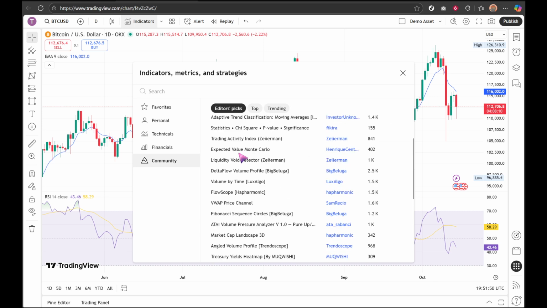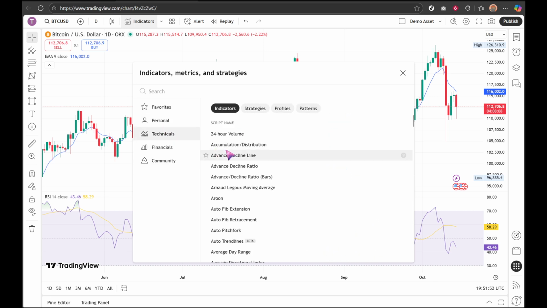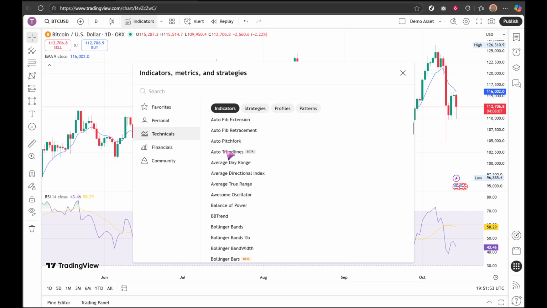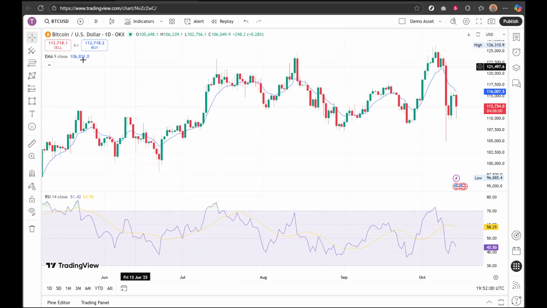When you find what you're looking for, click the indicator once. It will immediately appear on your chart using its default settings. Trend-following indicators, like moving averages, usually overlay the price, while oscillators, like RSI, open in a separate panel beneath the chart. You can add more than one indicator, and it's common to combine them to get a clearer read on